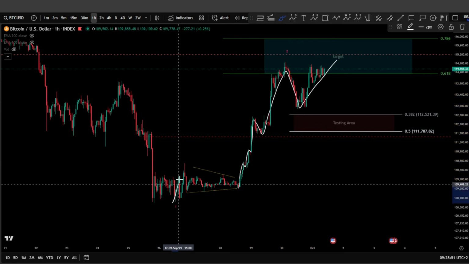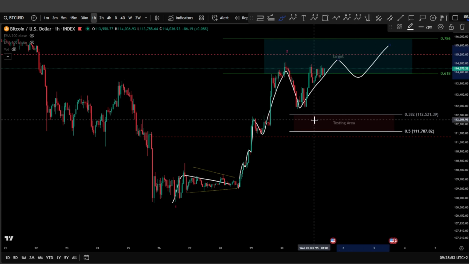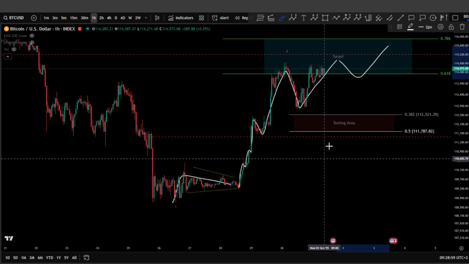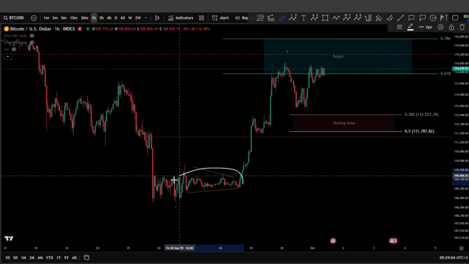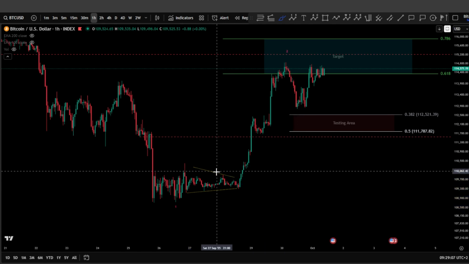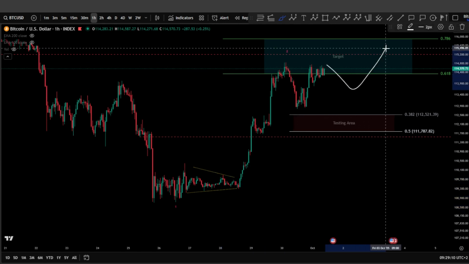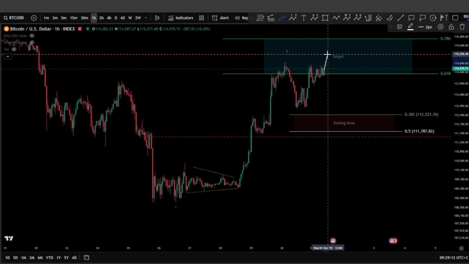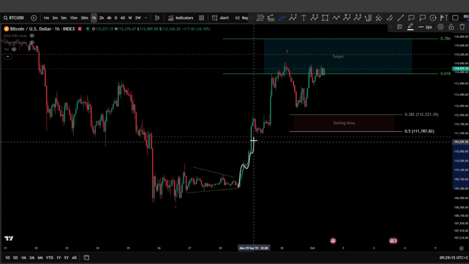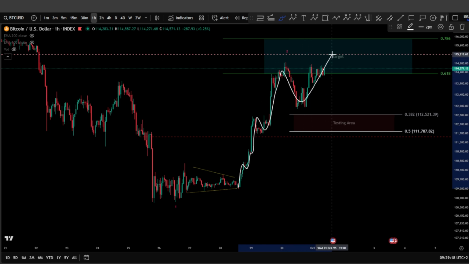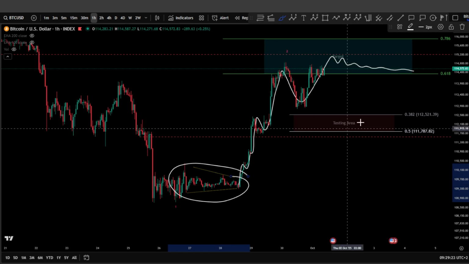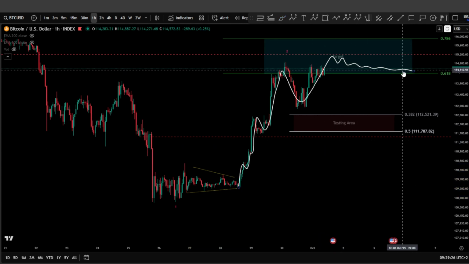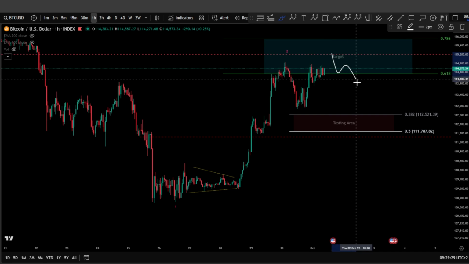Now, if this also is a 1, 2, meaning you're still looking for 4, 5. And from here comes the answer for this structure that is going on here, which is very tricky, I would say, starting from the beginning, right? If we are in an impulse, it can be, of course, having another 4, 5. So I'm expecting one more high, definitely here, because we might be in 1, 2, 1, 2, wave 3, 4, 5, 4, 5. And then you might expect a very long sideways, because you also have a very long time range here, wave 2. But as alternation, actually, I'm expecting an even deeper one.